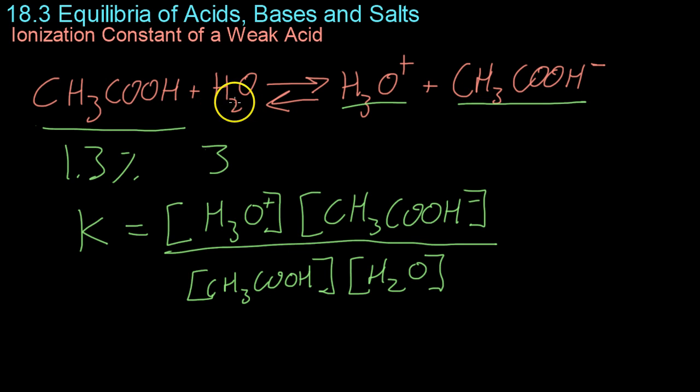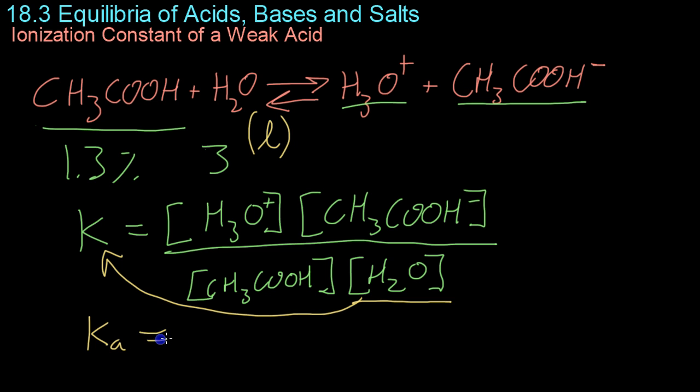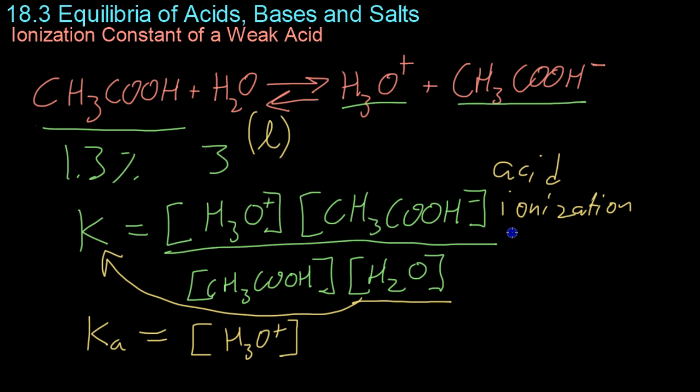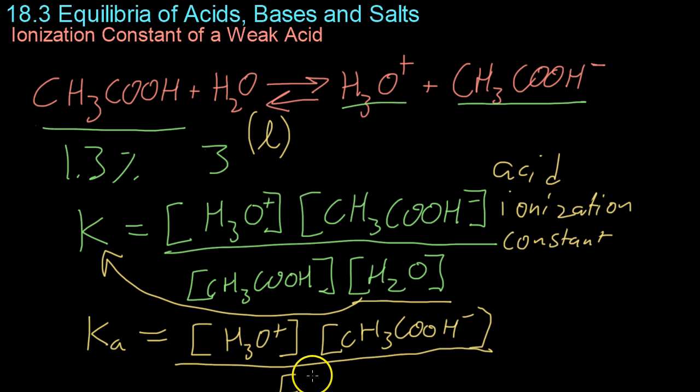Also, what you have to realize is that H2O, despite the fact that it is in fact a reactant in this dissolving of acetic acid, is a constant because, if you'll remember, it's a liquid, and pure liquids don't affect the ionization constant, the equilibrium constant. So, instead, we move that up here, we multiply both sides by that K[H2O], and because that's a constant, and this is also a constant, we get an abbreviated constant that we'll call Ka for now, which basically stands for the acid ionization constant. Again, this is just an abbreviated version of a standard equilibrium constant, and it's defined just as above, except without the H2O on the bottom. You just have your acetic acid,